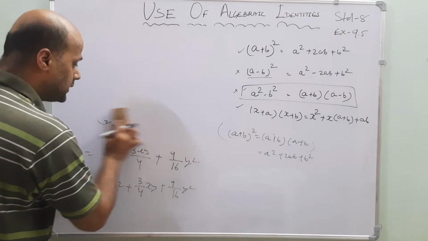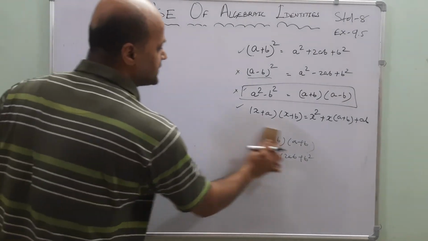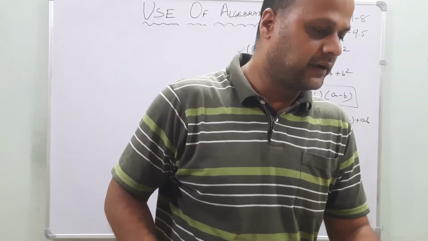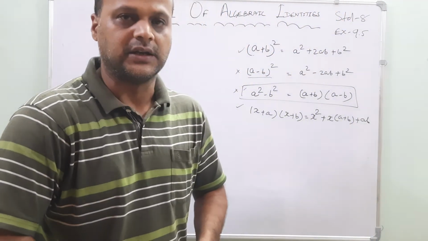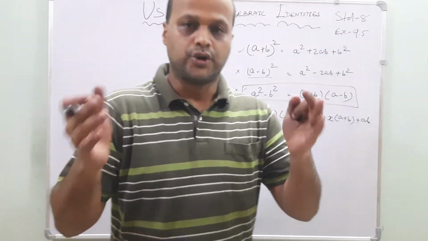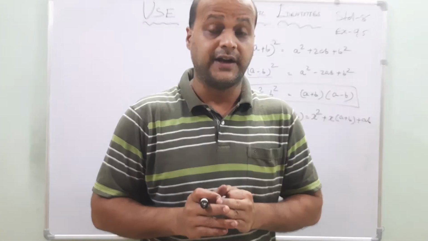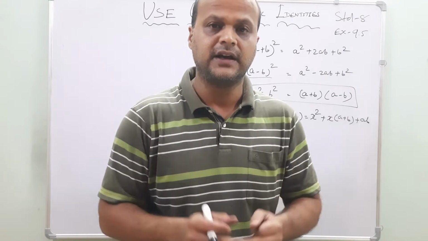The second one I already told, so I will not go for that one. Let's go for the third one. What is the third one saying? It's saying, find the following squares by using identity. The question is given. You have to put it in the appropriate, that is suitable, identity and get the answer here.